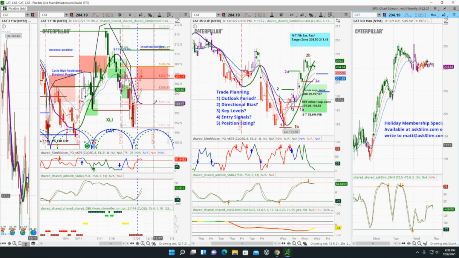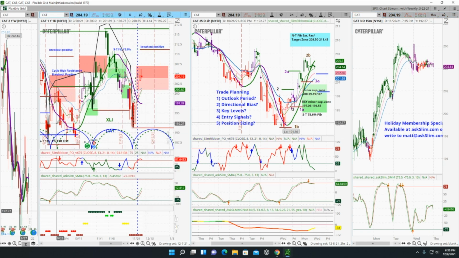So I'm gonna use our daily chart here as a couple really good examples, and I'll bounce over to that 2-hour. So you can see here that there was a low that was in place. The slim ribbon was negative. We rallied here, but the slim ribbon maintained its negative condition, and then our internal indicator that is tracking the oversold and overbought conditions registered overbought. So it got up over here over our signal line. And then it threw a signal to let us know that there was a likely resumption in this negative dominant momentum. And you saw that that was spot on as CAT went from about 198 down to 188, and it